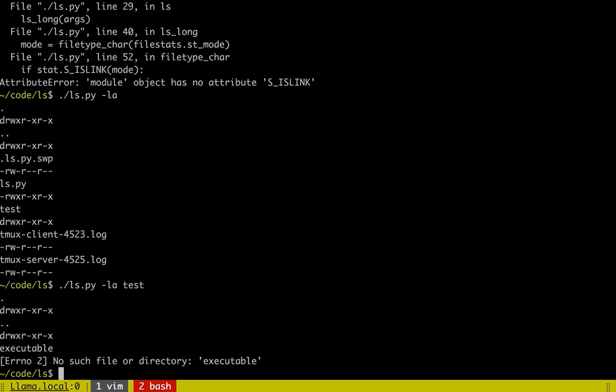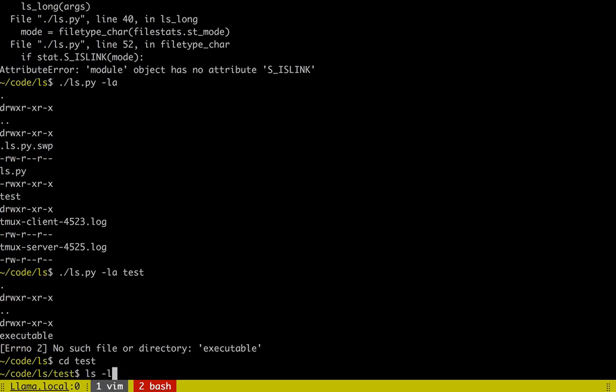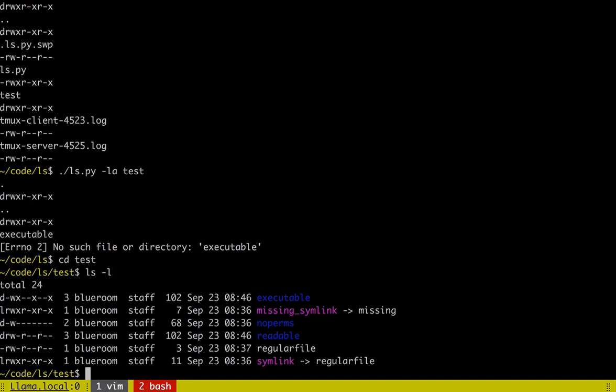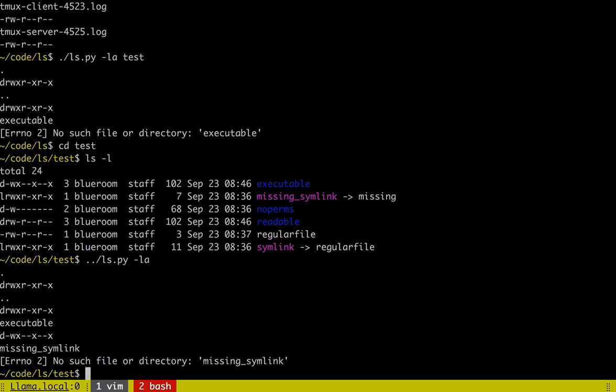And uh-oh, we have no such file or directory: executable. That's an interesting error, isn't it? So if I go into this directory and I run ls, do I still get that same error? No such file or directory: missing symlink. Okay, well,